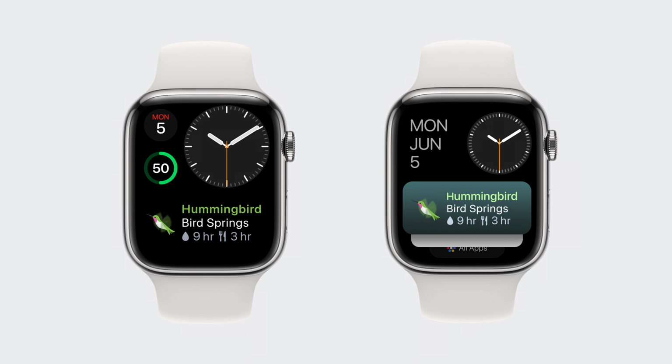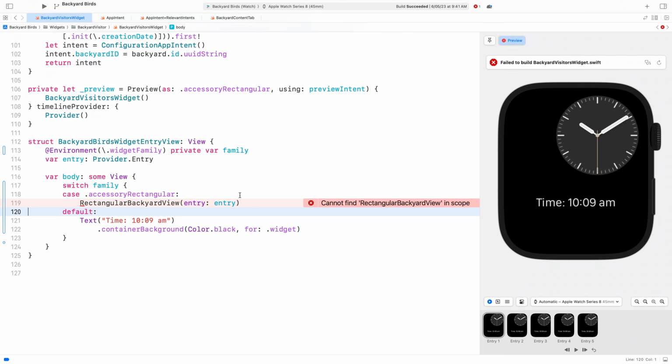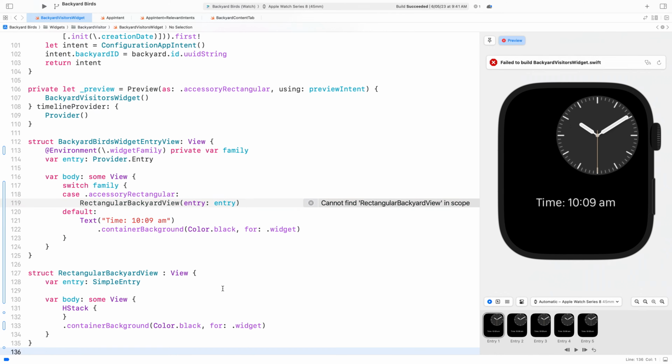The rectangular view is unique in that it will be the view of our widget shown in the watchOS Smart Stack. For our rectangular view, we'll follow a common pattern where we'll have an image on the left and 3 lines of text on the right. Let's go to the bottom of the file and we'll create the rectangular backyard view.